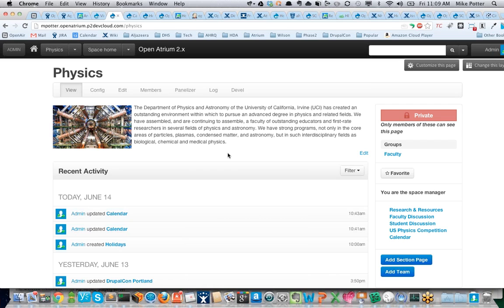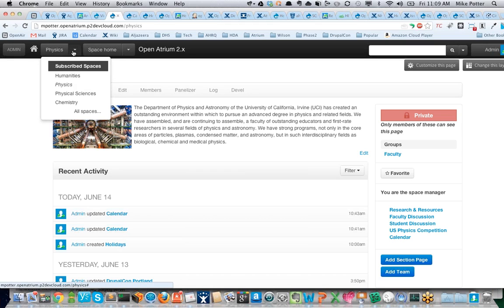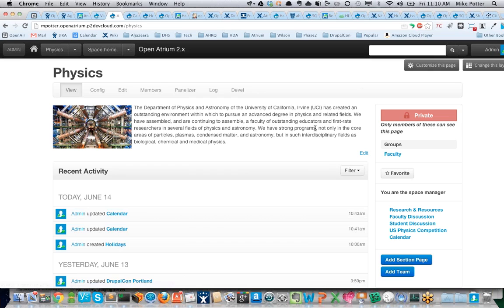This is our wonderful demo site that we've gotten used to so many times here, our little university. We've made our university with the physics department, and we have a humanities department and some spaces like that. Within physics, we have sections on the right-hand side here for discussions for students and faculty, and a competition space for a project. So the new stuff I want to show today, the first one is,